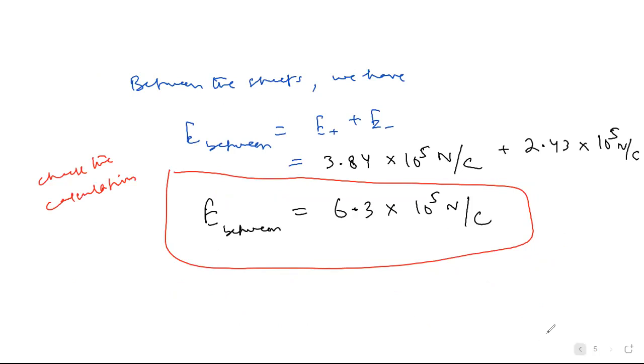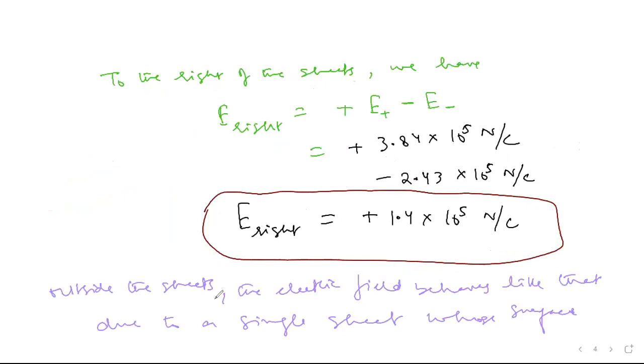Okay, no issue. I missed the page. So I will write: outside the sheets, the electric field behaves like that due to a single sheet whose surface charge density is